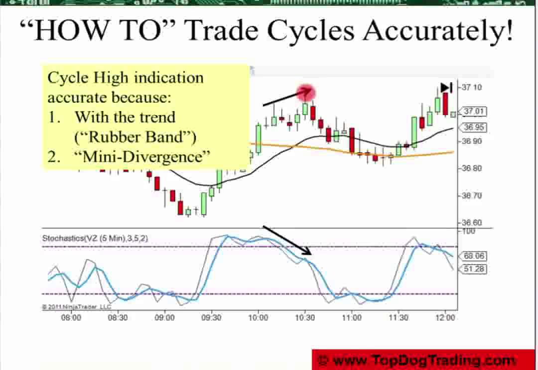We don't want to get stopped out. We want to short the highest high. We want to buy the lowest low. So what does work is looking for a momentum shift. Remember, momentum